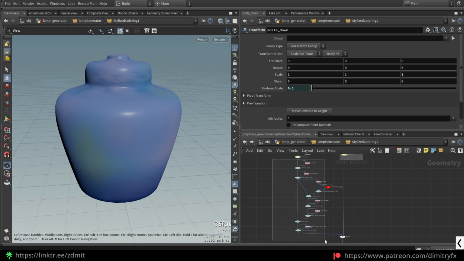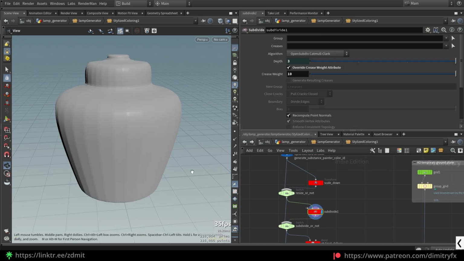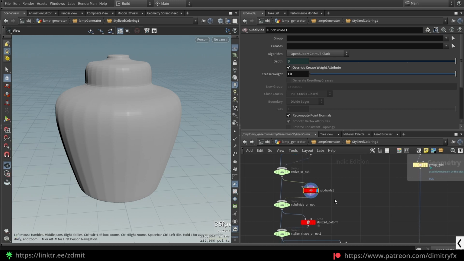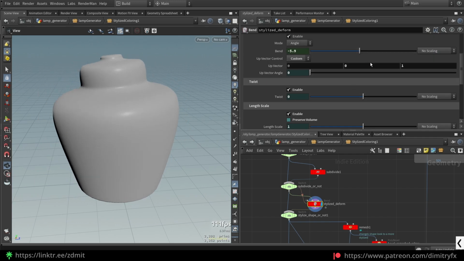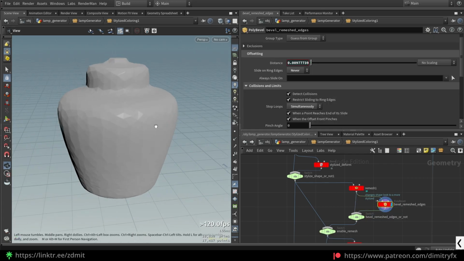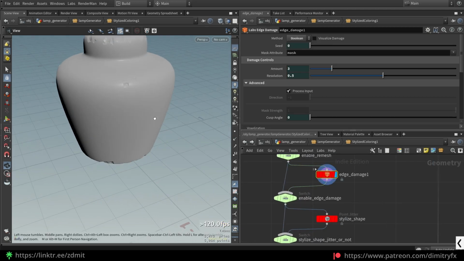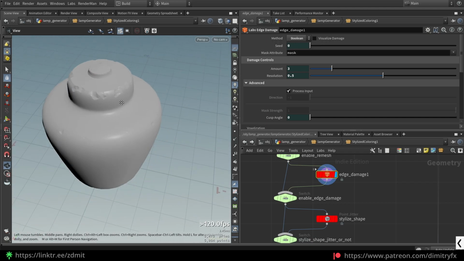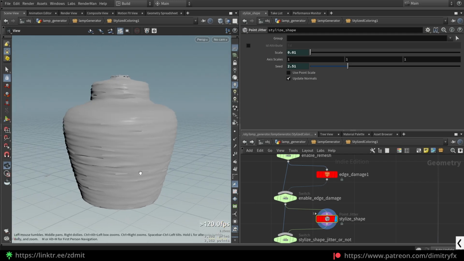And it basically provides another type of variance look. We can do bending here, remeshing it, which can also produce this kind of look. It can also do an edge damage to the shape, but in terms of lamp, it's not really suitable. It can also do a point jitter,